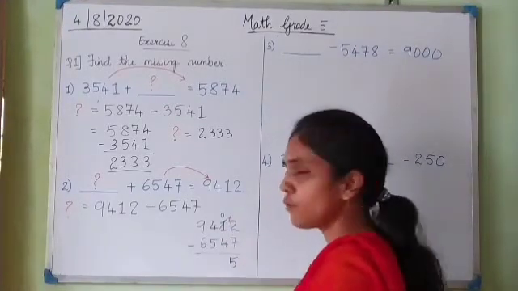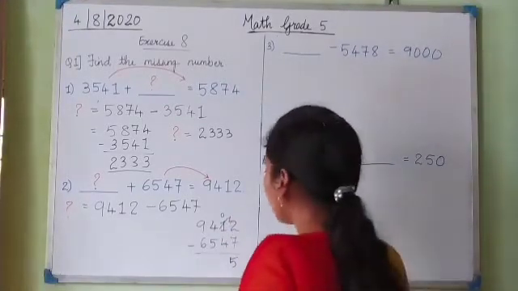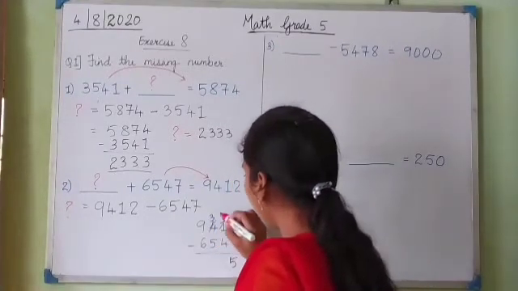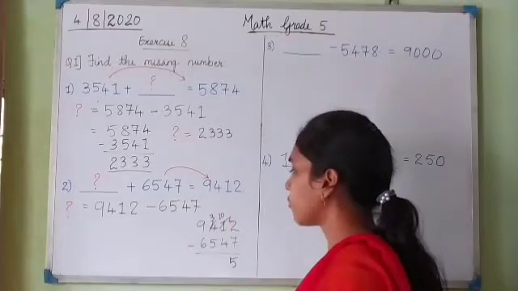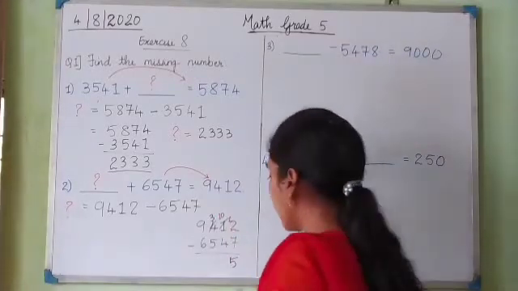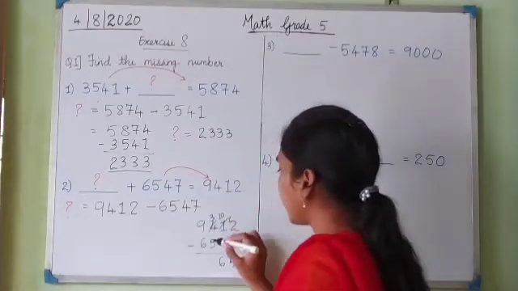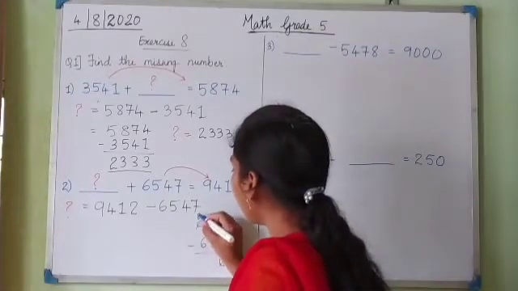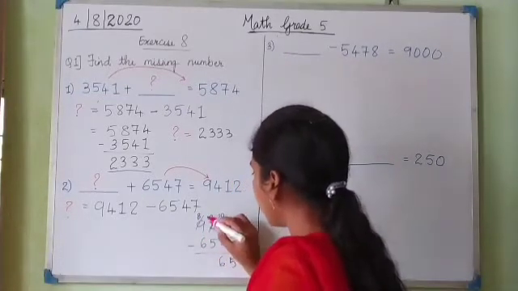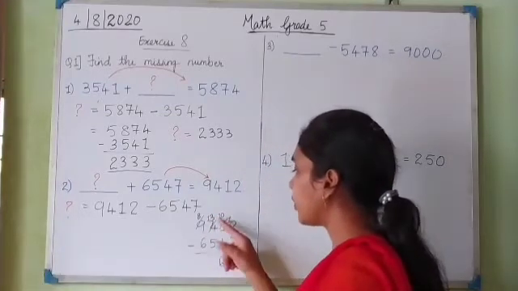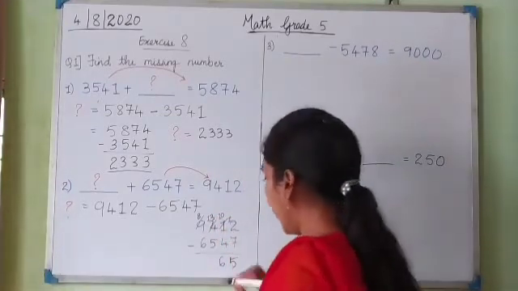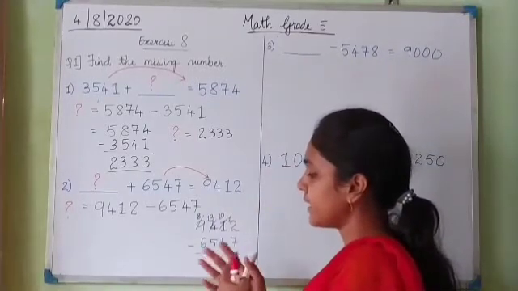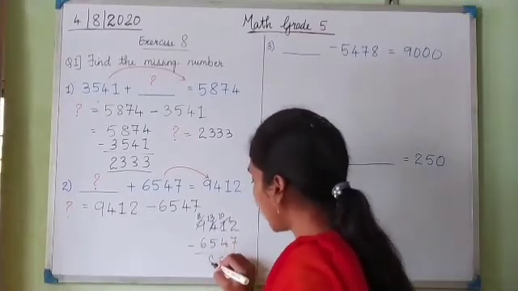Now 0 minus 4, 0 is again a smaller number. So again we have to carry 1 from 4. So this becomes 10 now. So 10 minus 4 is how much now? 6. So I write 6. Now 3 is again smaller than 5. So we need to carry 1 from 9. So this becomes 8 and this number becomes 13. Now 13 minus 5 is how much? 8. Let's count. 5, 6, 7, 8, 9, 10, 11, 12, 13. So the answer is 8.